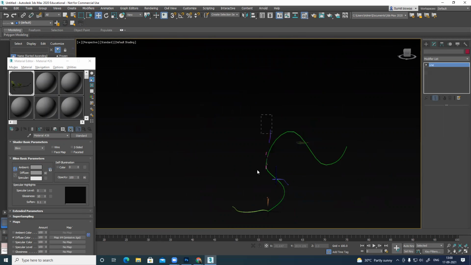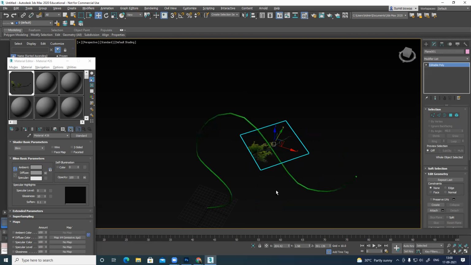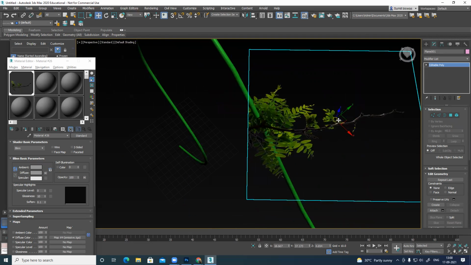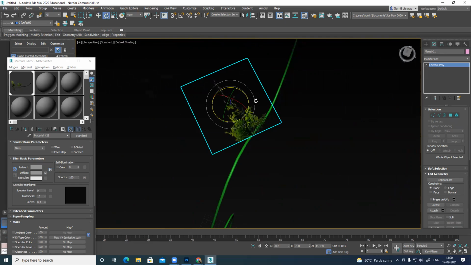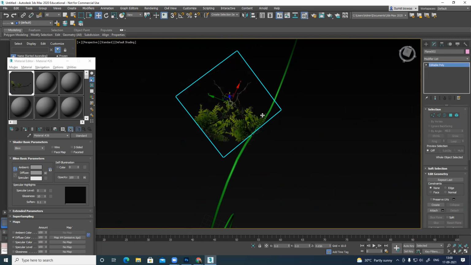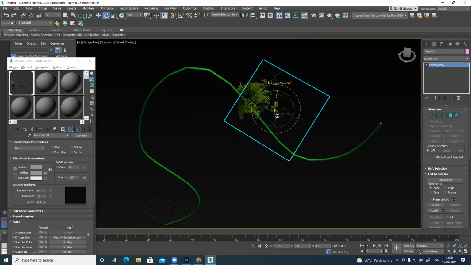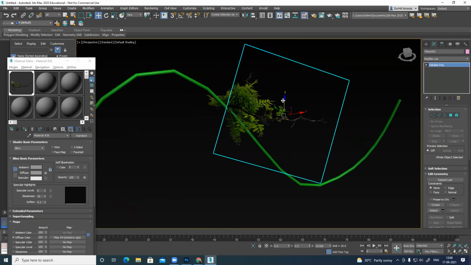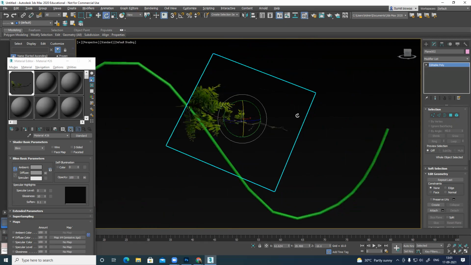Let's delete all this thing. Should start from there. Let's make it a little dense.